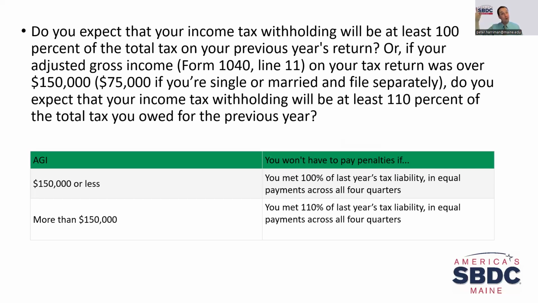Now, if you do better than last year, you'll end up owing some money. If you do worse, you'll end up getting a refund. But that's a really easy way for businesses that have already done a full year of business. A really easy way to understand years 2, 3, and 4 is to look at that past year and do 100% or 110% depending on where your income falls, right? So that's an easy way to find out what your estimated taxes are.